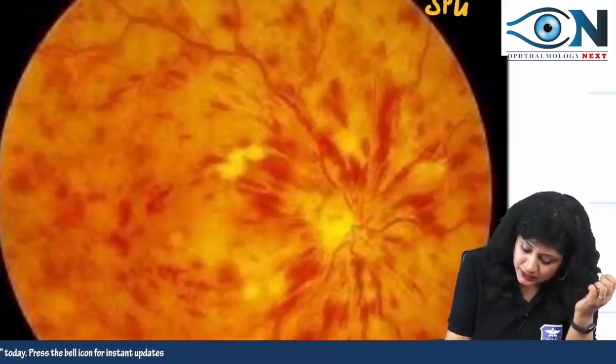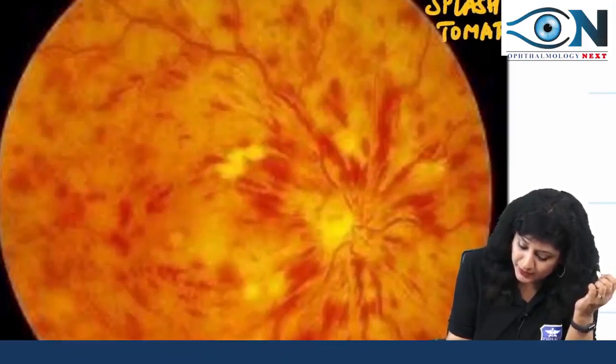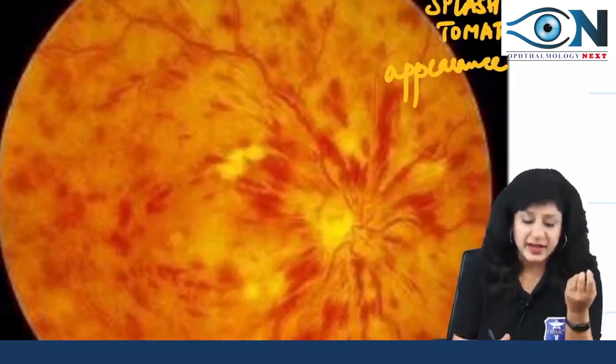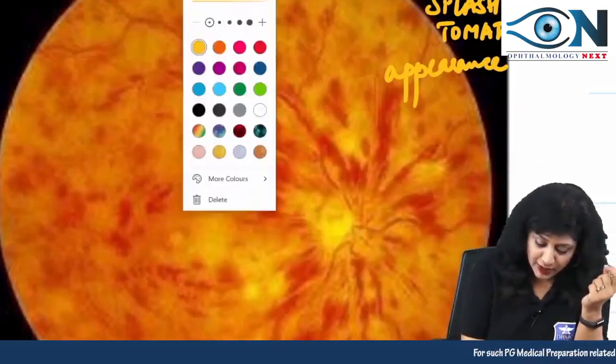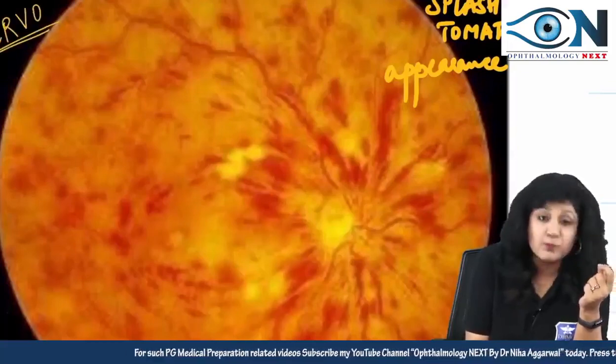splashed tomato appearance. This is very, very typical splash tomato appearance. It is also called the blood and thunder appearance or the ketchup sauce appearance. And where do you get it? This is found in the patients of CRVO, and more important than this,